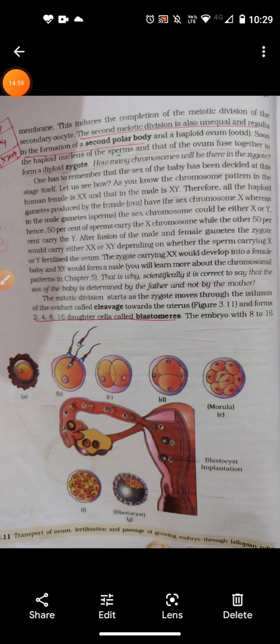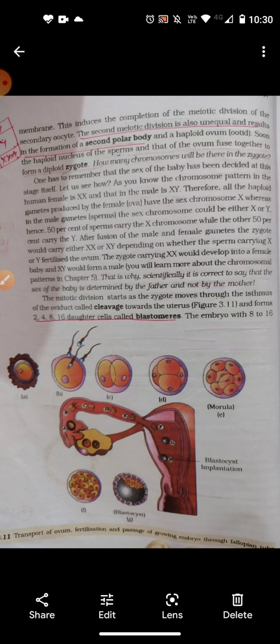Then the zona pellucida degenerates, and this facilitates the rapid growth of the embryo. The continued movement of the blastomeres results in the internal cluster of cells aggregating at one of the poles of the blastodermic vesicle, and this cluster of cells is known as the inner cell mass, and it is destined to form the embryo proper.